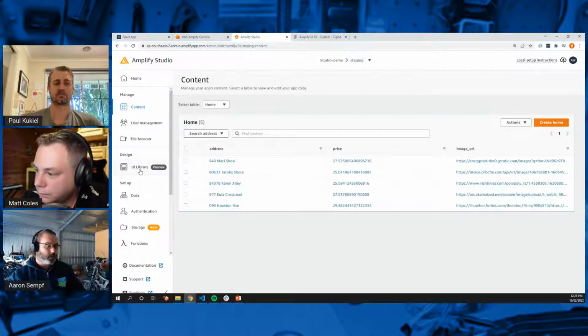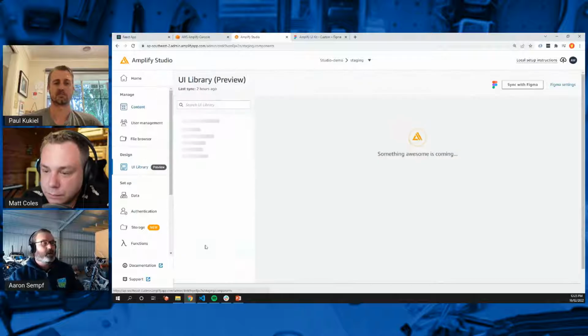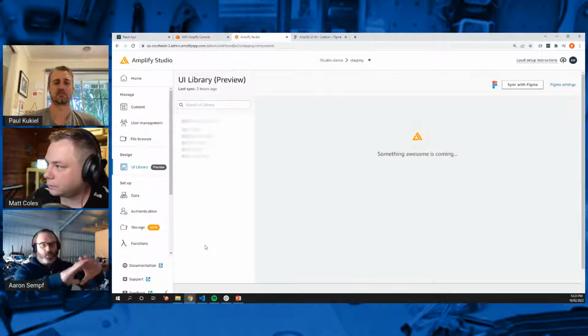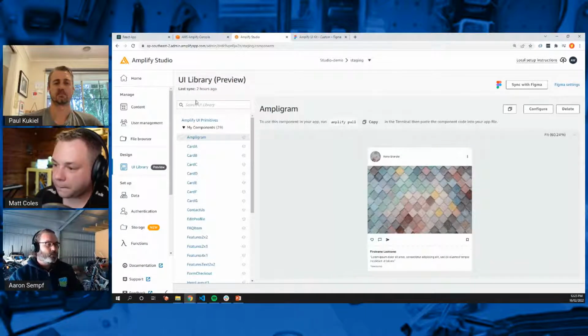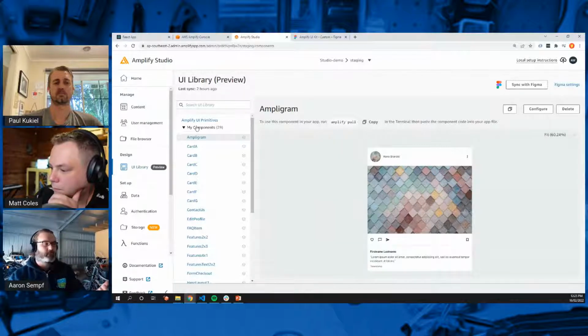I'll jump over to the UI library now. What you're not going to see is when you first open the UI library, there's a welcome page asking if you want to use Figma to sync. What you're actually going to see is I've already imported a UI library from Figma. So that step, I'm not going to be able to take you through, but just be assured that